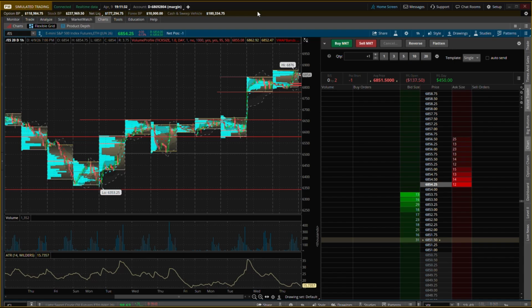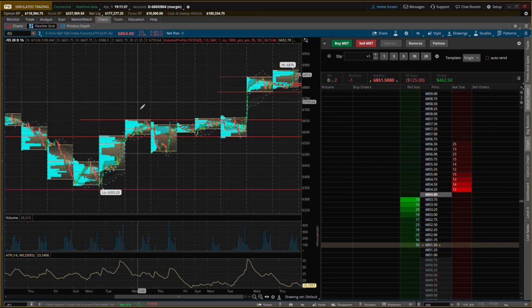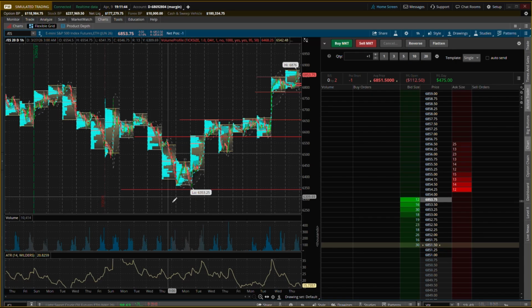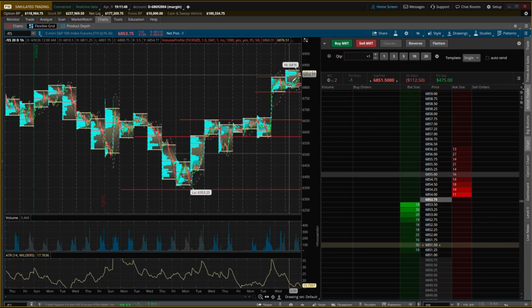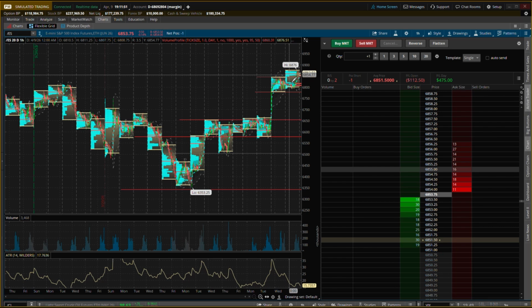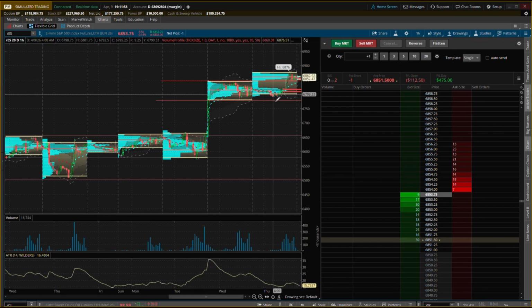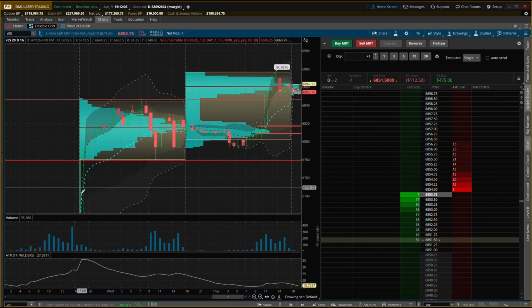All right, welcome back to Thinkorswim, folks, to my sim trading account that I also use for charting. As always, we're going to start with a high-level overview. So obviously the market has been in a bullish state for the past several days, as I've mentioned. Going into the session for today, it was very flat. We had this huge move up